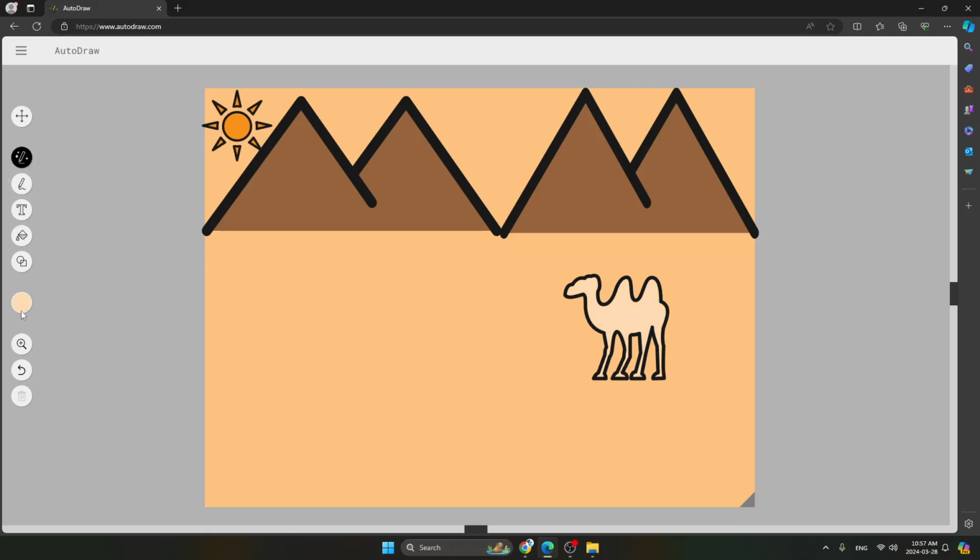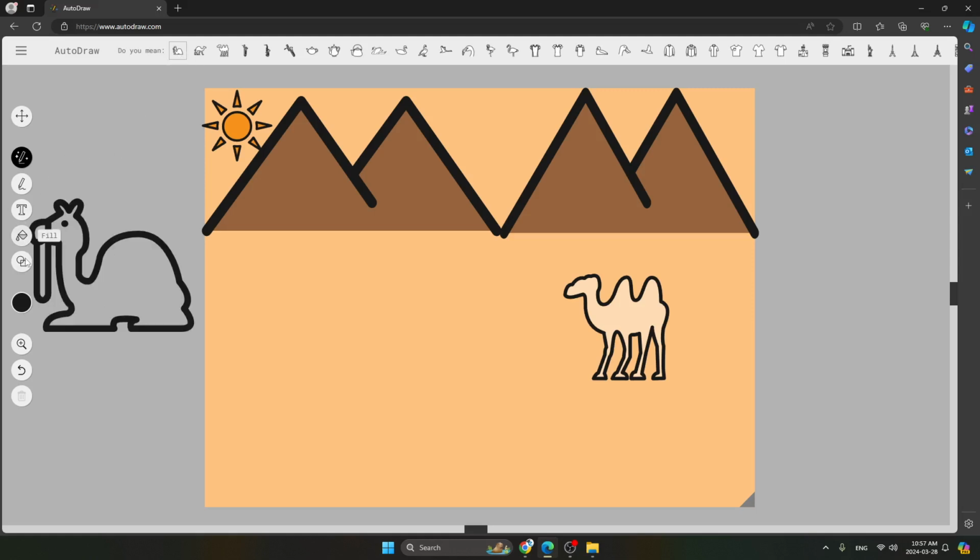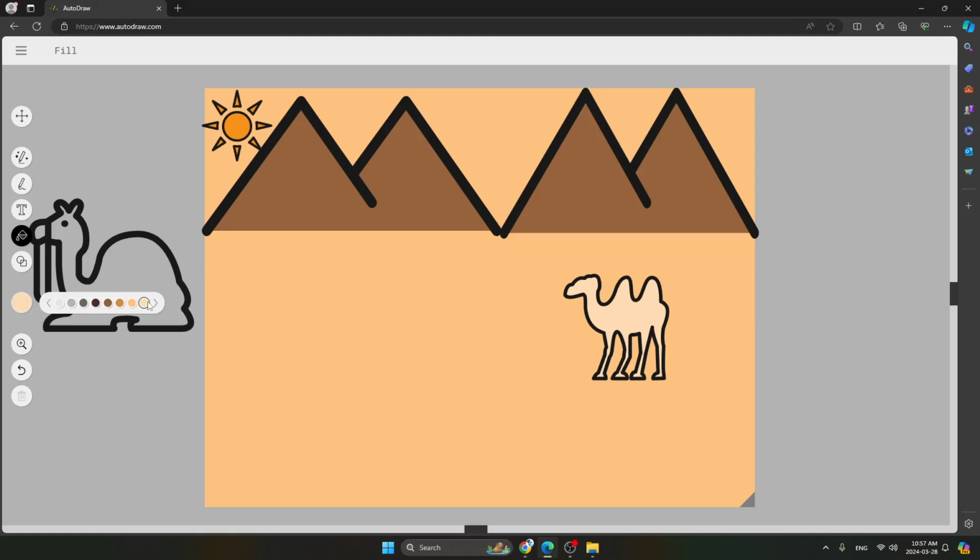Now again we will go on AutoDraw and we will make one more camel over here. So let's make it again the same process, making the camel, and now we will take the another one. We will take this one over here. Now we will apply the same color, sky color. You can see it has been done.